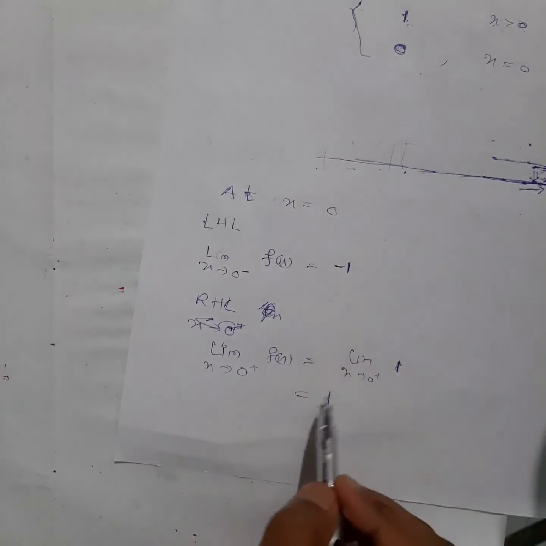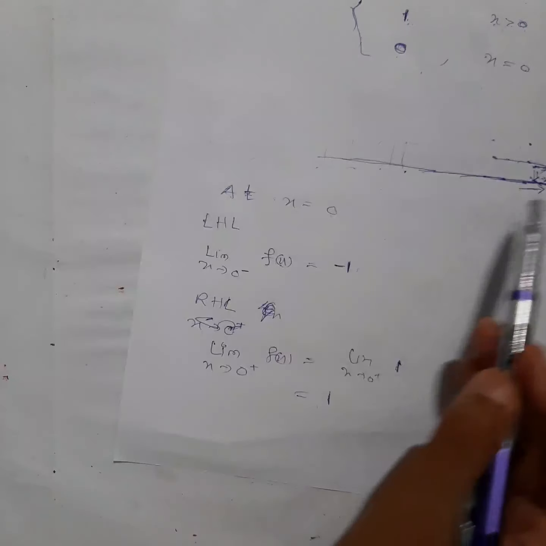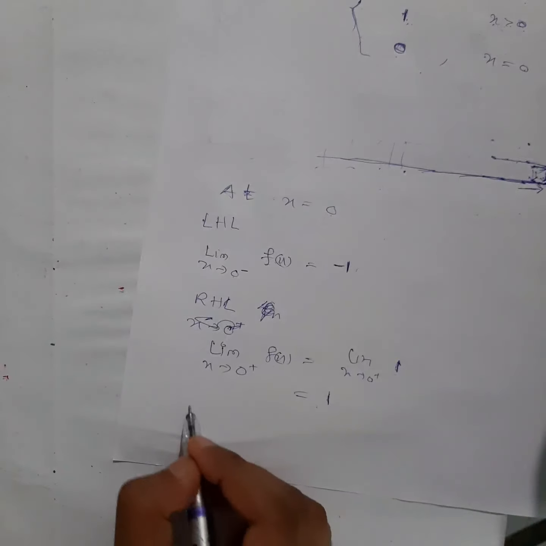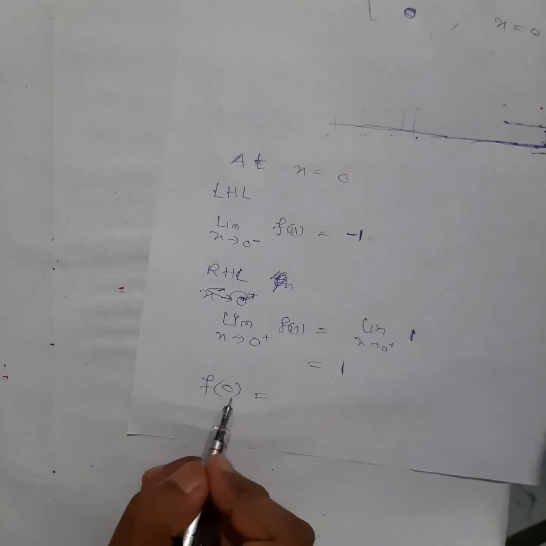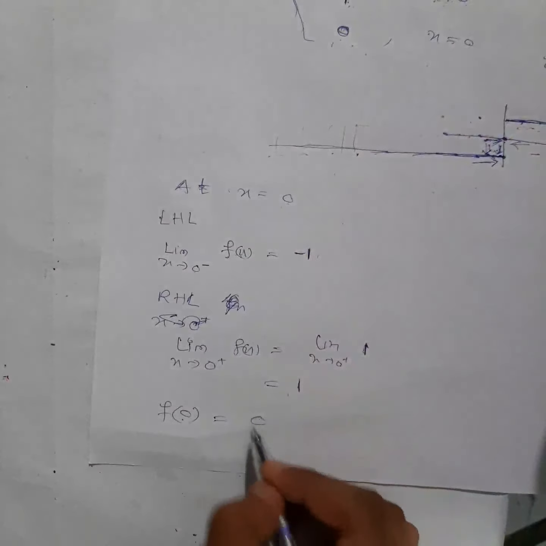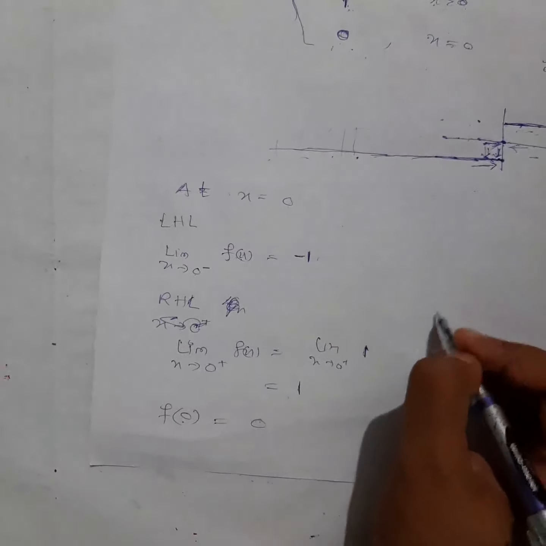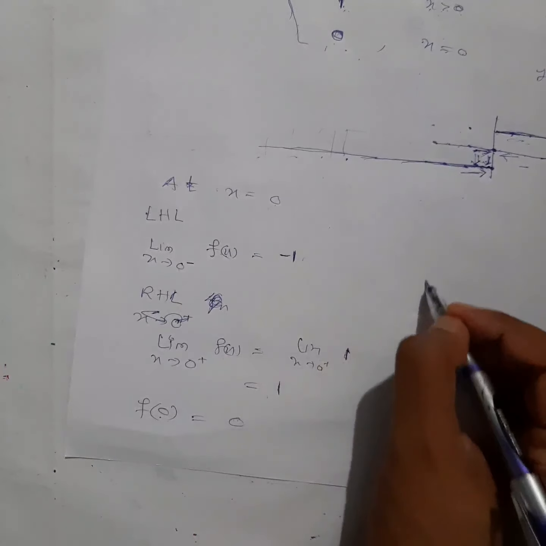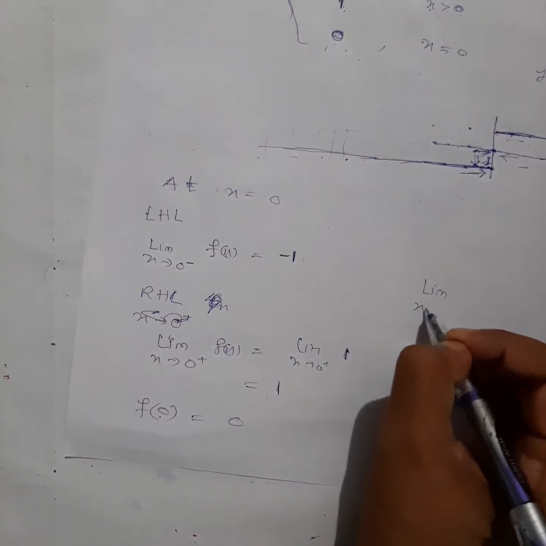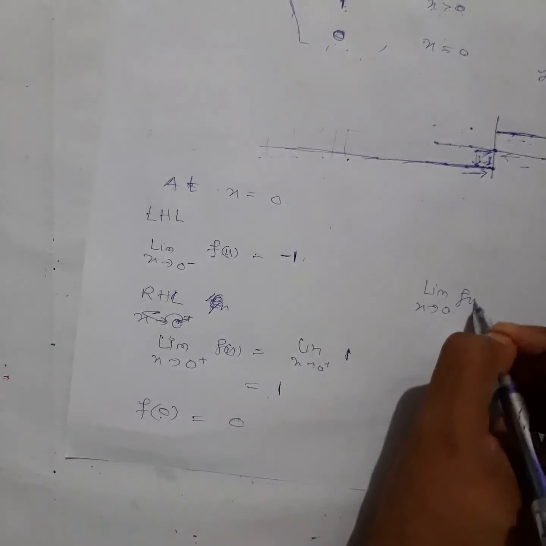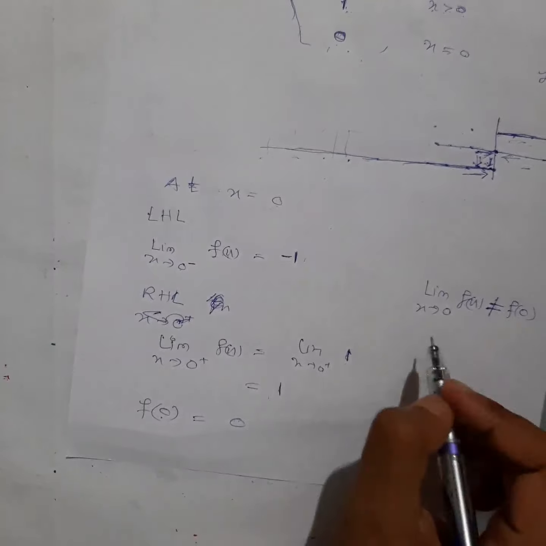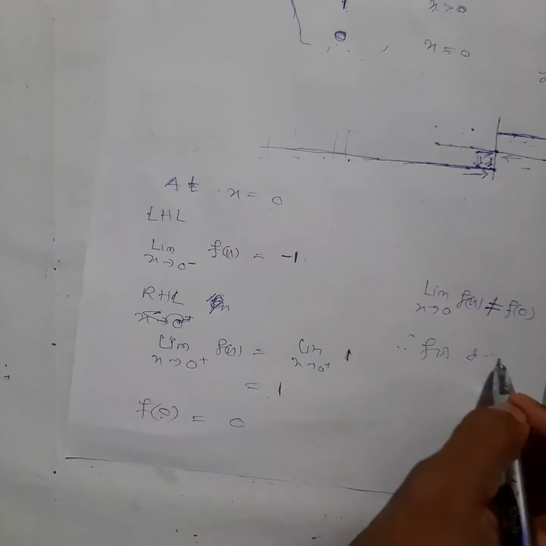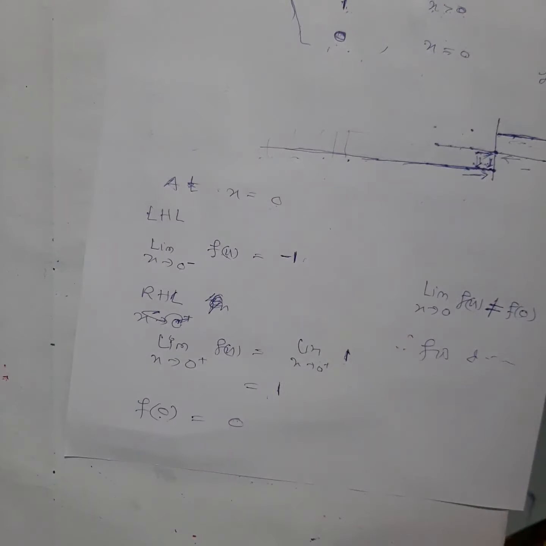So you can see the left hand limit and right hand limit are not the same. It means at x equal to 0, the function will be discontinuous. Anyway, we have to show f(0) also, what it will be, okay? So when you take x equal to 0, what will be the function? 0 only, right? So the answer will be 0 here. You can see all three are not the same here. Anyway, from these two only we got that it will be discontinuous. Limit x tends to 0 of f(x) is not equal to f(0). Therefore, f is discontinuous at x equal to 0.